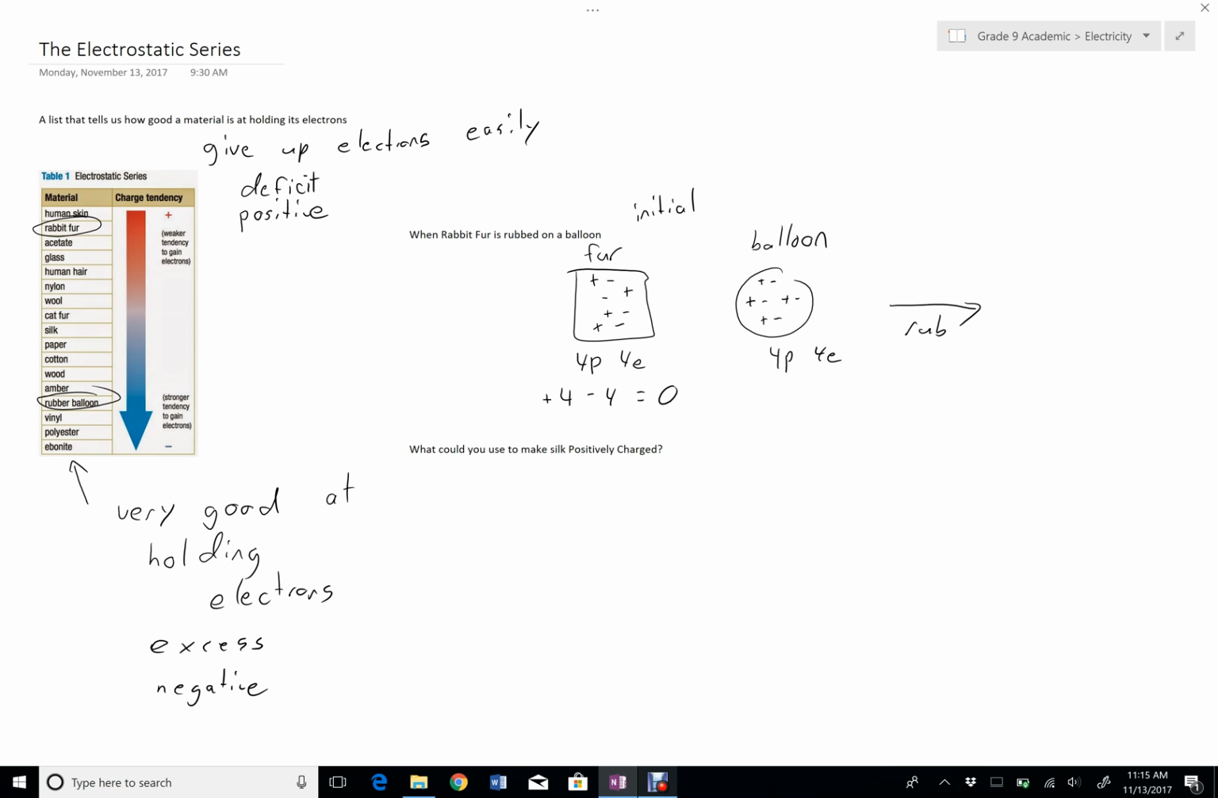Now what we're assuming here, or well, not assuming, we're looking at our electrostatic series. We're saying that the balloon is lower, which means he's better at holding on to his electrons. So maybe during the exchange, he'll only pass 1 over. Alternatively, the rabbit fur way up here is not so good at holding his electrons, so he's going to pass over, say, 3,